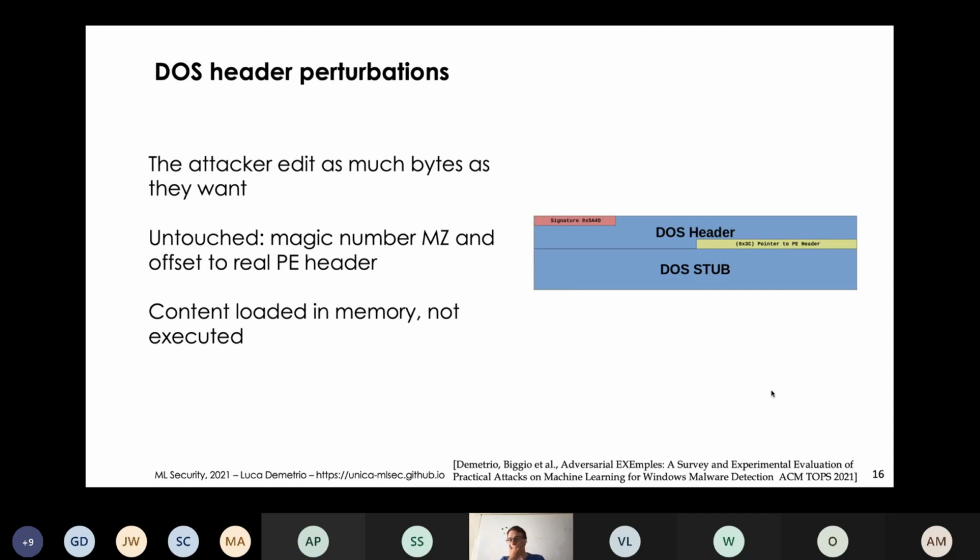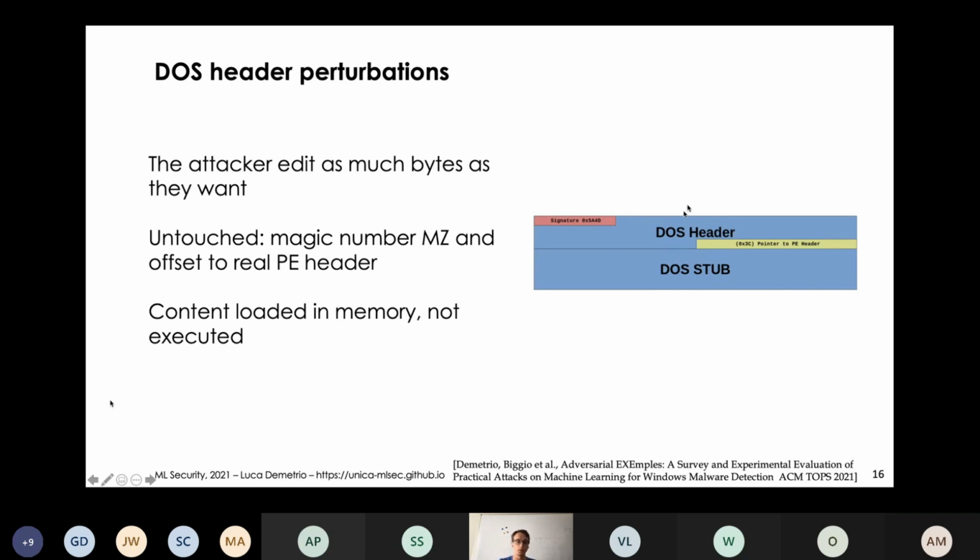And just to mention, from MZ to the pointer are just 58 bytes. There is a paper that has been published about a deep learning architecture, and by editing only those 58 bytes, you decrease the robust accuracy from 100% to 0. I'm going to cover it later, but just to give you an intuition, this is the exploit I was telling you about. It's a way you can perturb the file and still be malicious,